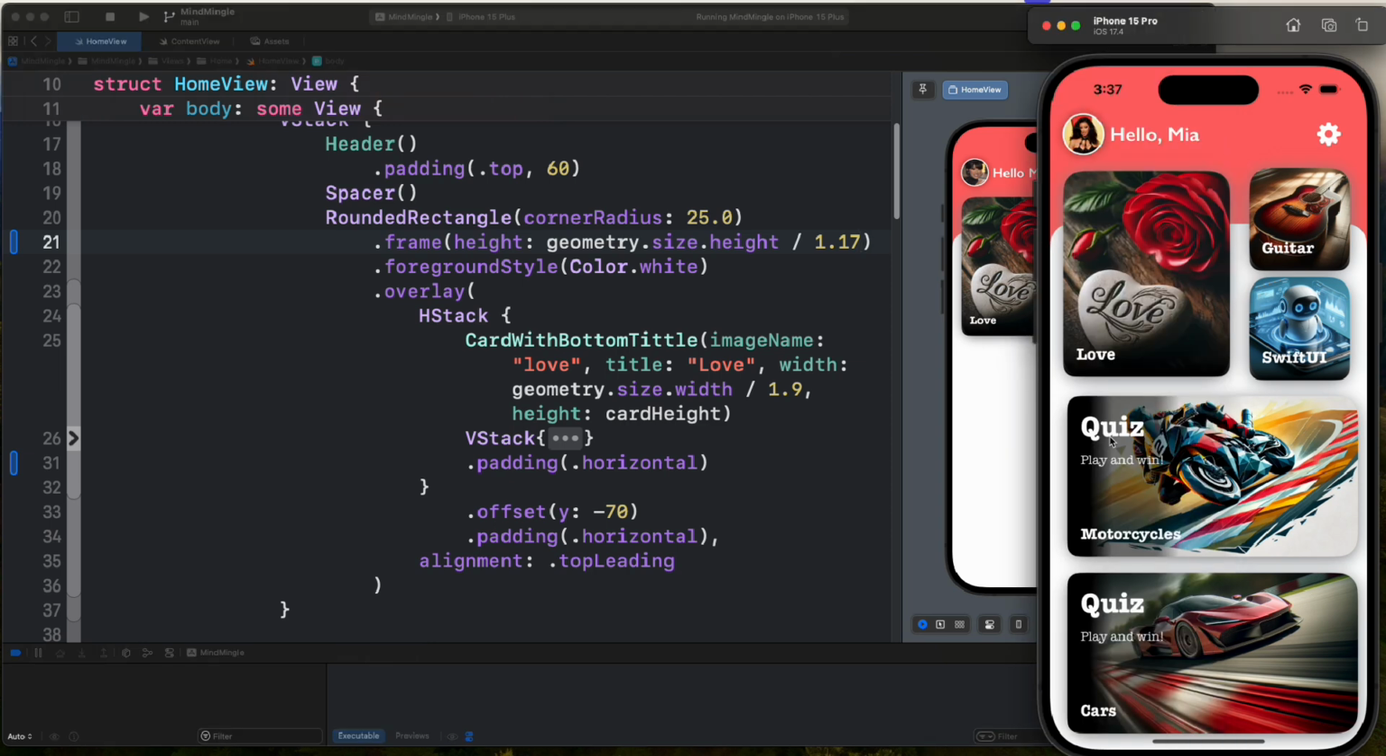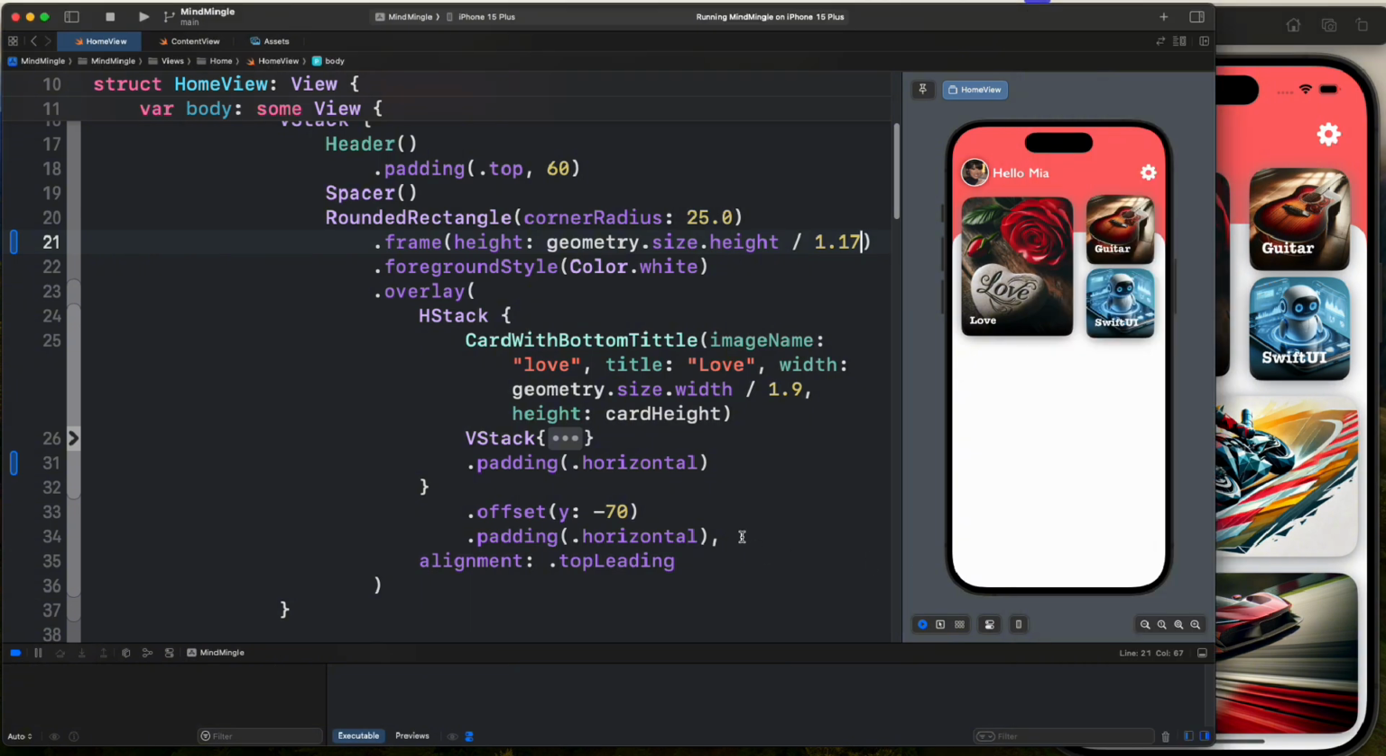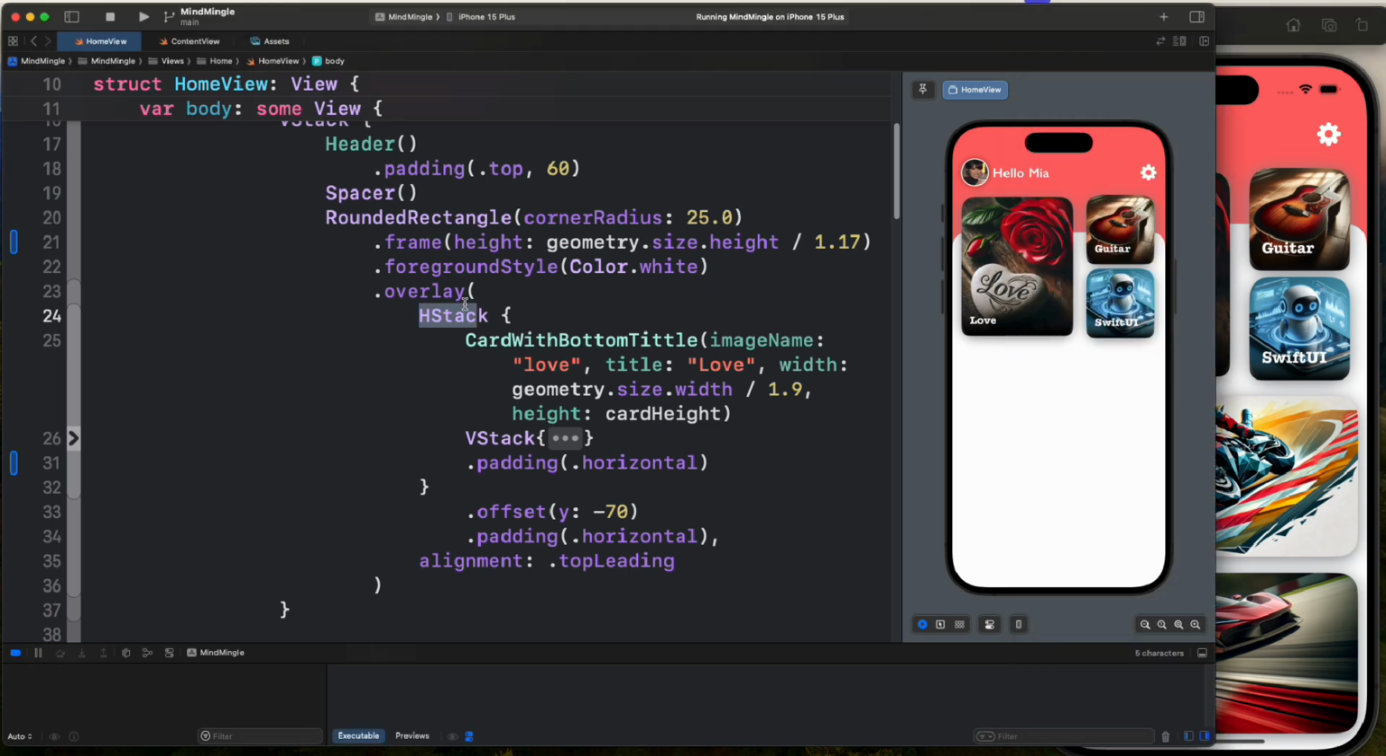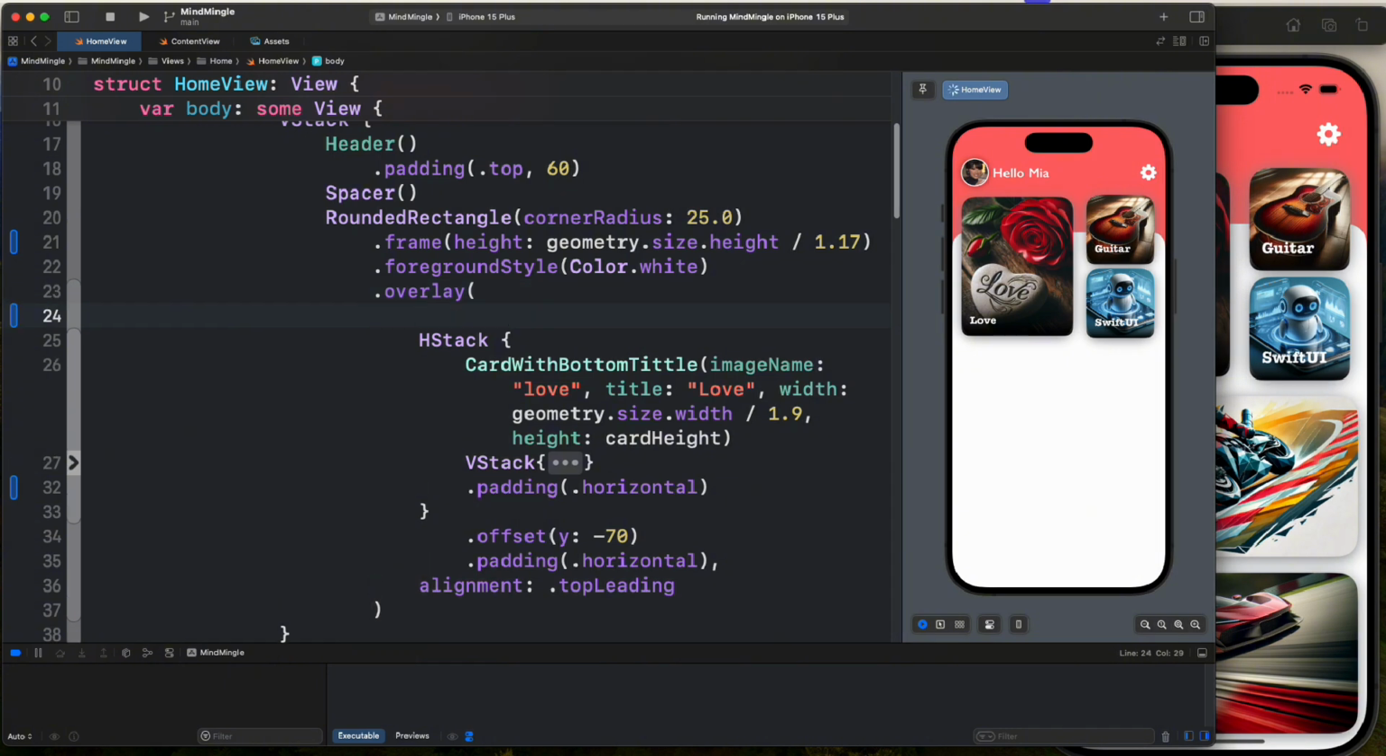So as we said, we want to add these two cards. But where should we add these two cards? Well, let's think about it. We have this HStack, and this HStack has these three elements. But what we actually want is a VStack, and inside the VStack we want this HStack and we want these two cards. So on this overlay, we can create a new VStack,